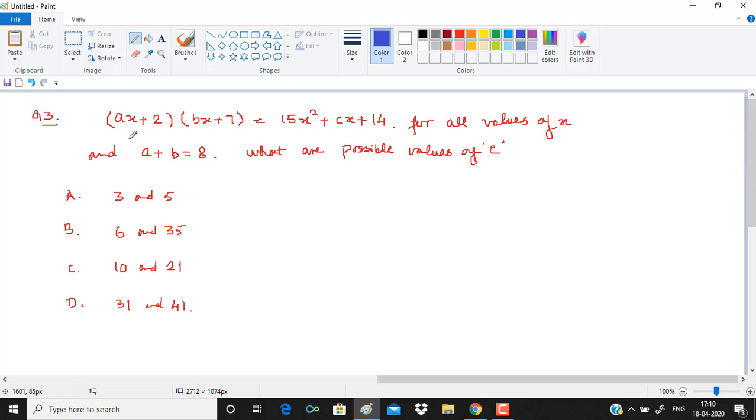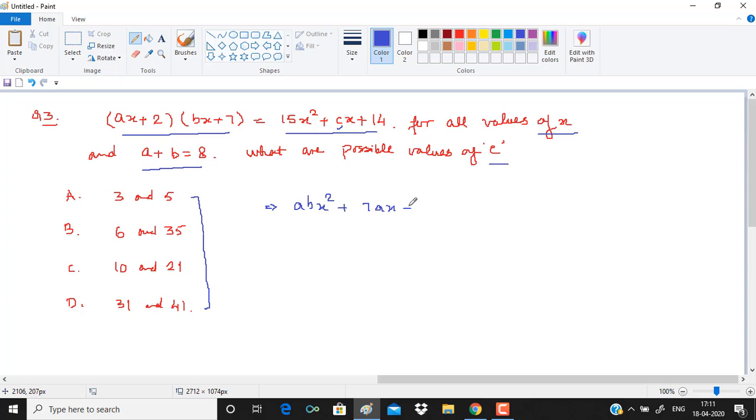It's given that (ax plus 2)(bx plus 7) equals this expression for all values of x, and it's also given that a plus b is 8. What are the possible values of c? That is this c. And these are the options. Let us start. See, first of all, what we will be doing in this question is we will be expanding the left hand side. That gives you abx square plus